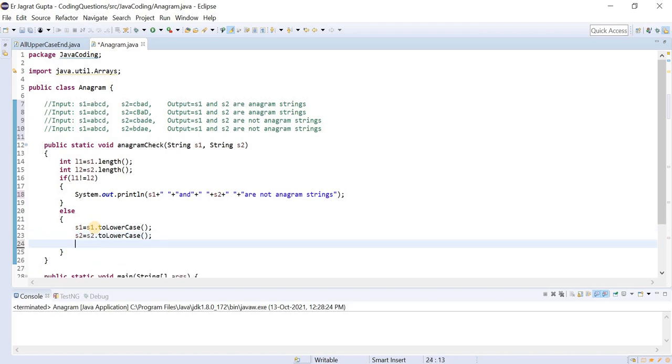Now the next thing, what would be our approach?